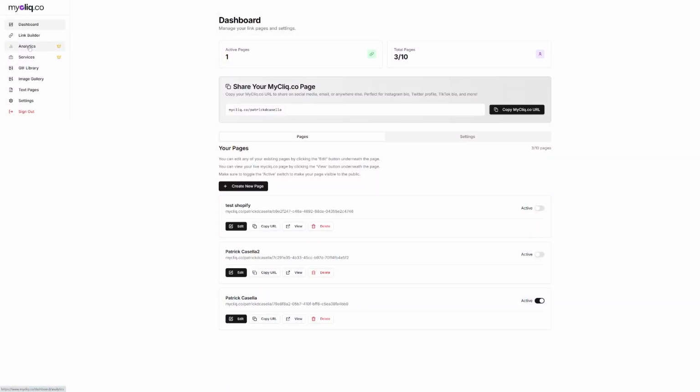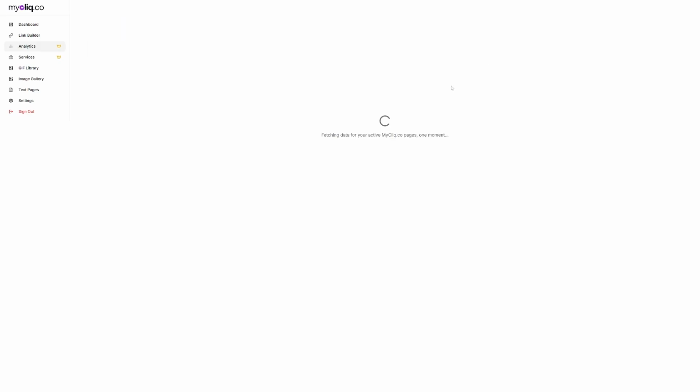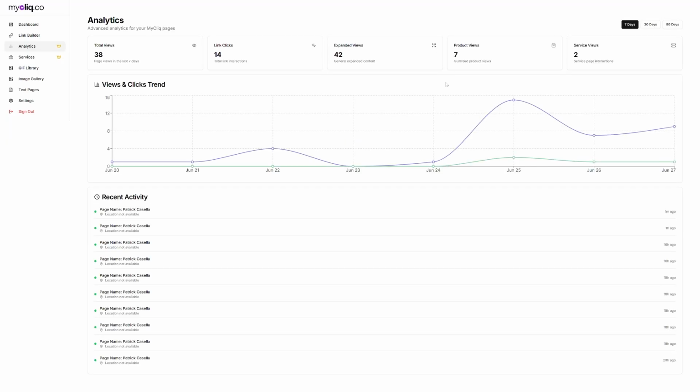Okay, once you're logged in, go ahead and navigate to the Analytics tab. You'll notice that this will take a moment to fetch all of your analytics data. And I'm going to switch this over to 7 days so I can see my data from the last 7 days. All right, so this is a relatively newly created page, and I can track how many people have seen